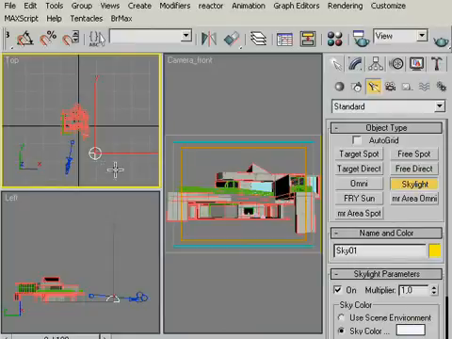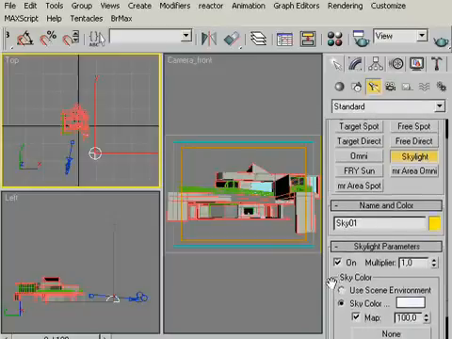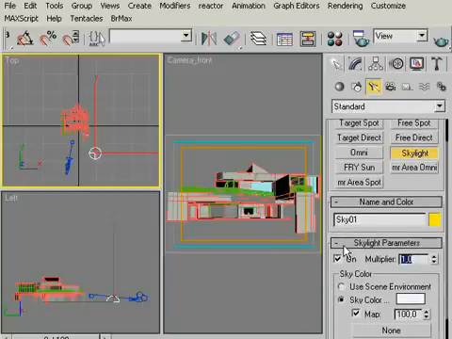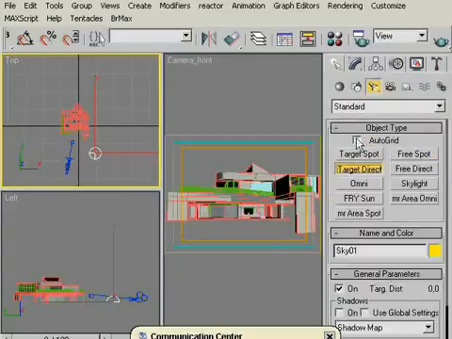Now, on the right side, as you see, we have our skylight parameters. By default, it's set to 1 as a multiplier. I will change this value to 0.55 to have a soft light. And I will check Use Scene Environment to show you guys how to set up HDRI and Mental Ray photographic exposure control setup. Now, click target directional light, and at the top view I will click somewhere around the